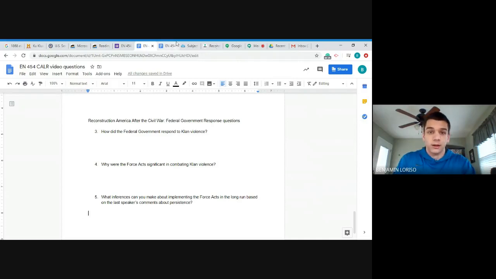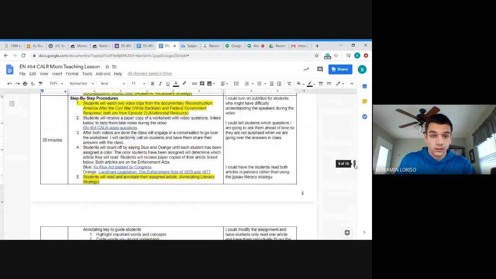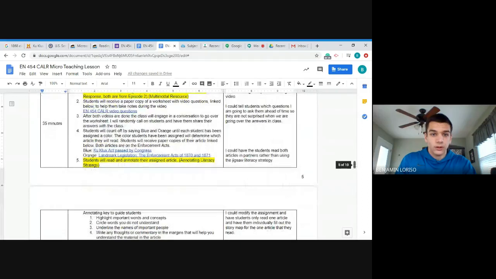So the next thing I would like you all to do, nice job with that activity. Thank you for taking detailed notes. The next thing we are going to do is count off and form 2 groups. So Thomas, you're going to start off by being blue, saying blue, and then Emily, you're going to be orange, Sam, blue, Jess, orange. So please continue this pattern of blue, orange, blue, orange. And based on the color that you have been assigned,